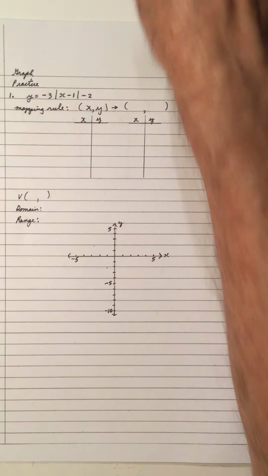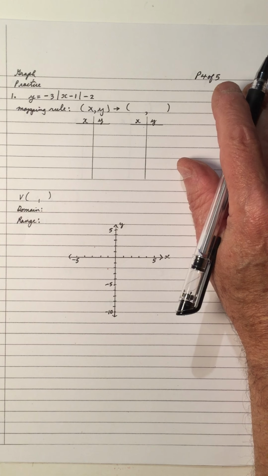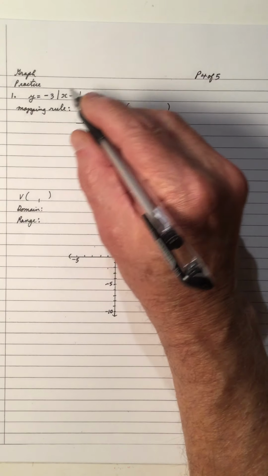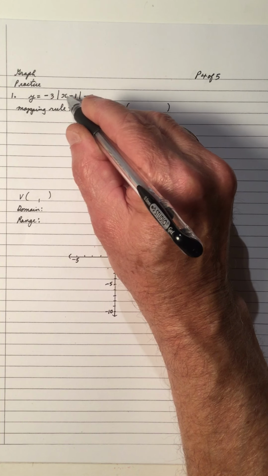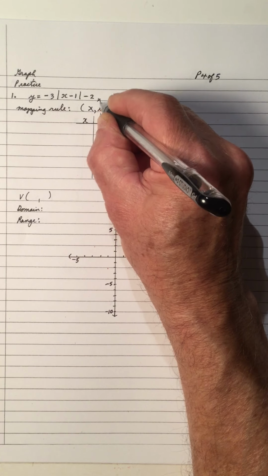And we have enough practice this time. We're going to do a bit of practice. Practice means pause the video and see if you can work out again y equals the absolute value, negative 3 times the absolute value of x minus 1, minus 2. So this is the basic